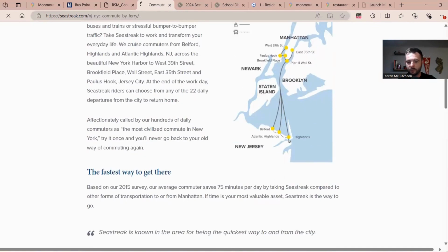So as you can see, they have 3 different locations. You have the Highlands, Atlantic Highlands, and Belford, which are all going to be in the northeastern part. So Belford is going to be in Middletown. It's a part of Middletown. So if you live in the eastern or the northeastern part of Monmouth County, this might be a very good option for you. Pretty much from the Highlands, Atlantic Highlands area into Wall Street District right over here, that's going